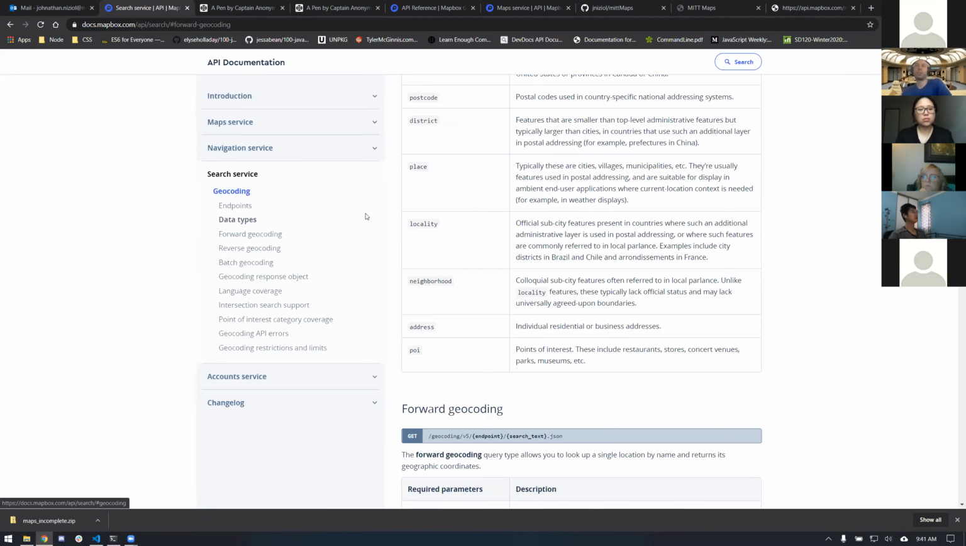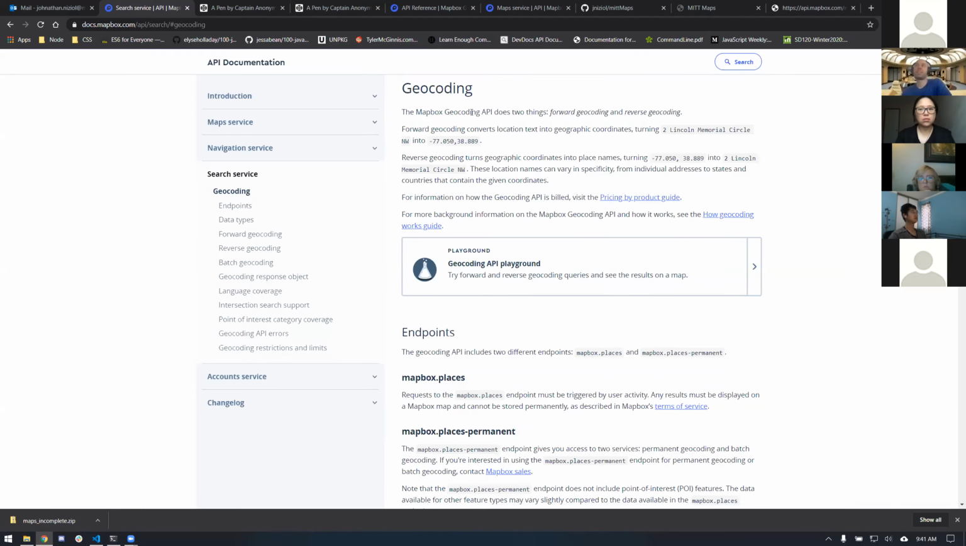Forward. So we're going to be geocoding. If you look at geocoding, it does two things: forward geocoding and reverse geocoding. Forward geocoding converts location text into geographic coordinates. For example, if you were to give it this text, it would return these coordinates. Now, here's the thing. It doesn't necessarily return exact matches because if I type in the word sushi,